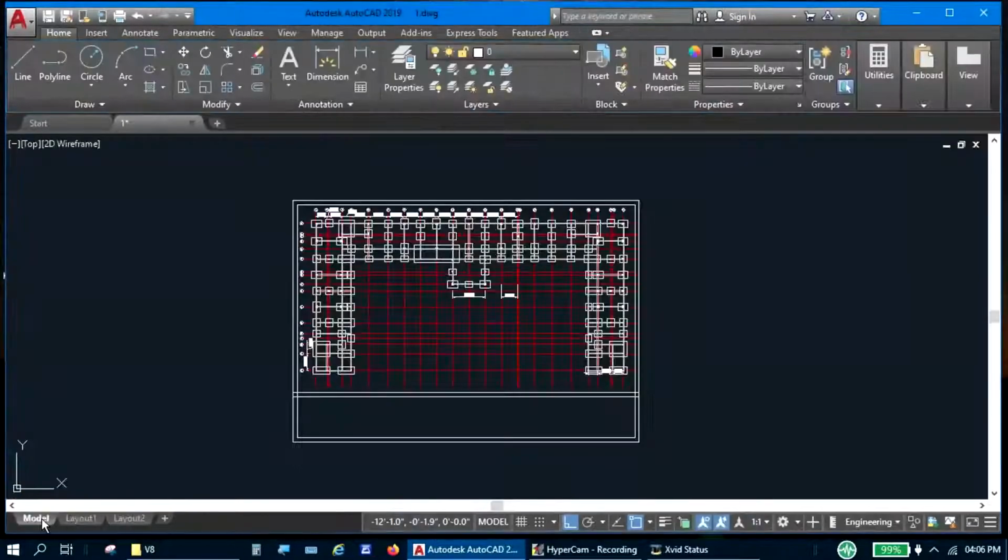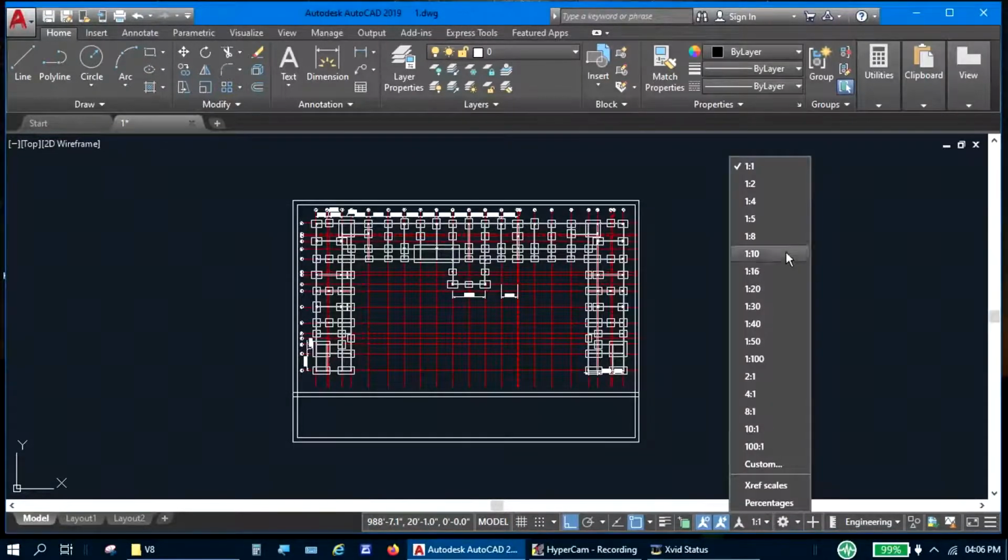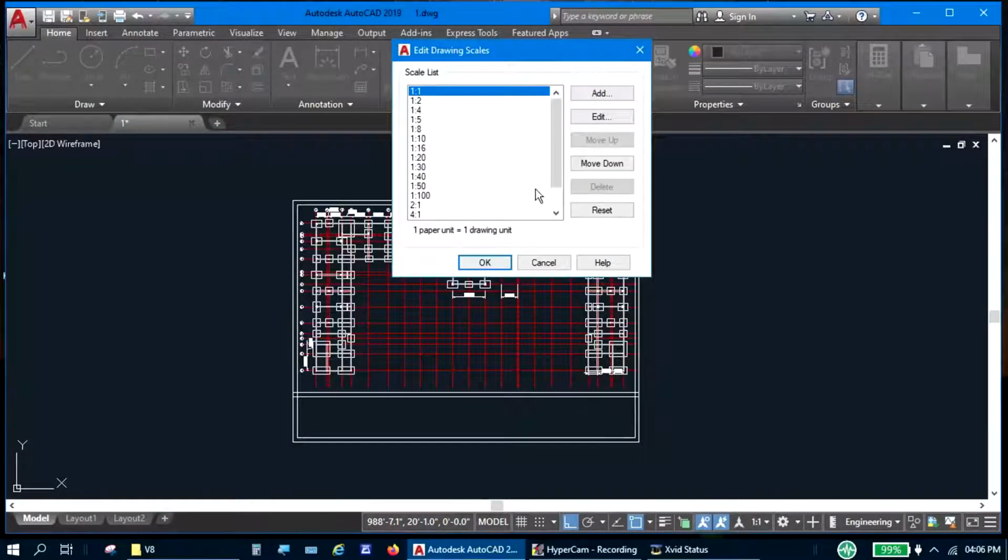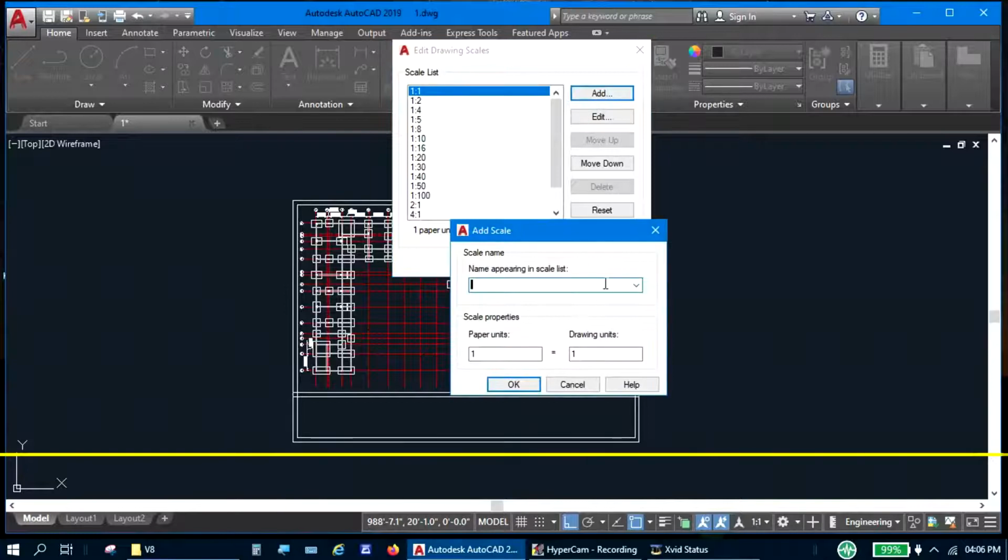Now you can see another way for zooming. Now press on model tab. Here 1:200 scale is not in the list, so go to custom scale and add 1:200.